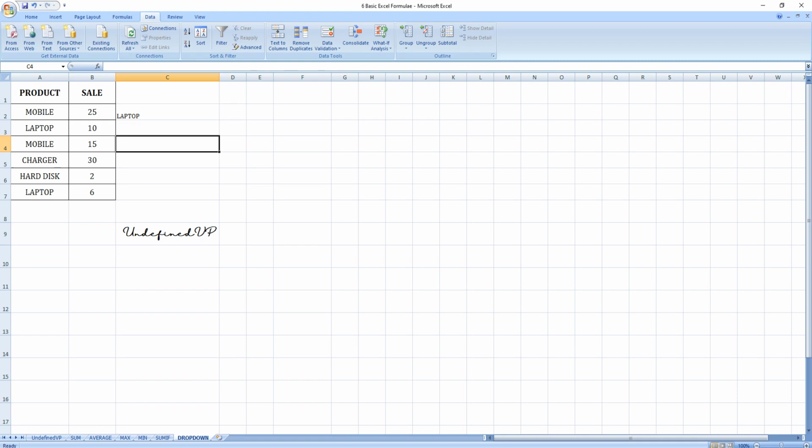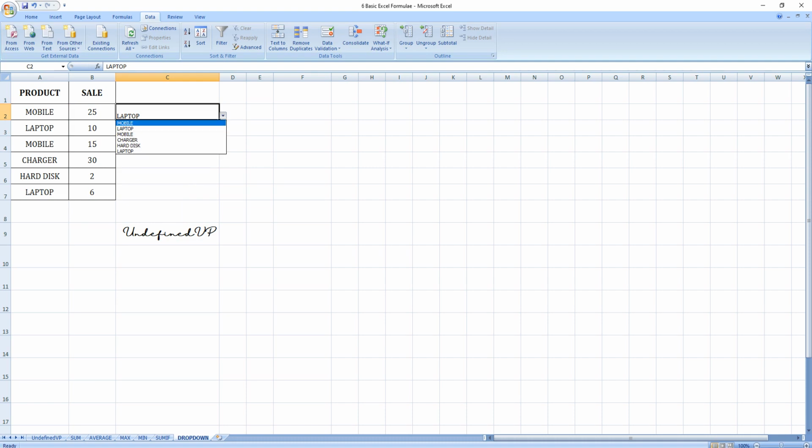So here I will again write equal to SUMIF of the range. Instead of selecting the product here, I will select it here, that is C2. Then I will give the sum range, that is this one, bracket close, enter. Now it is checking for the laptop.